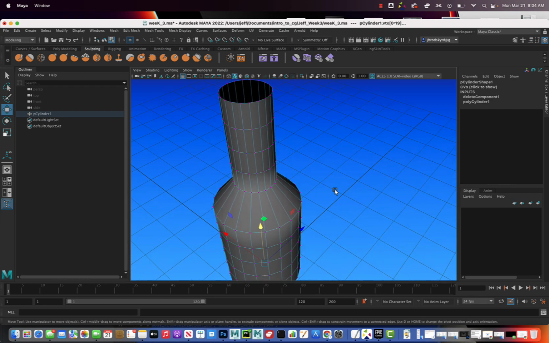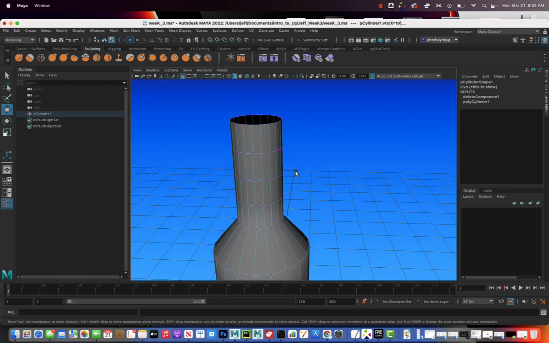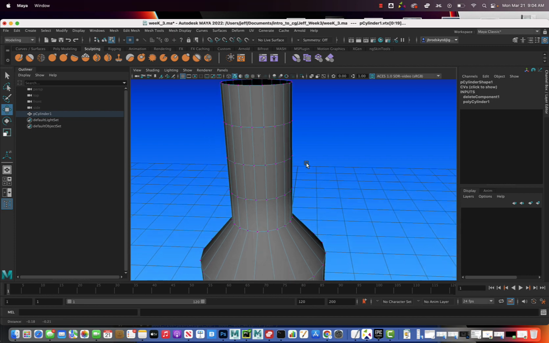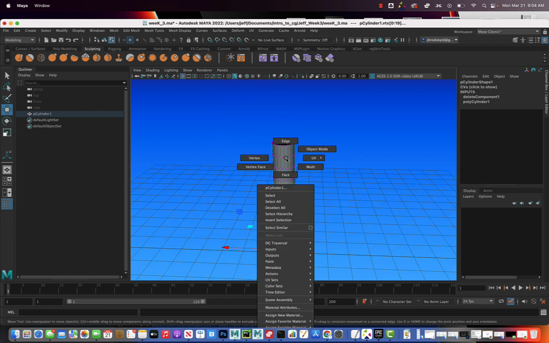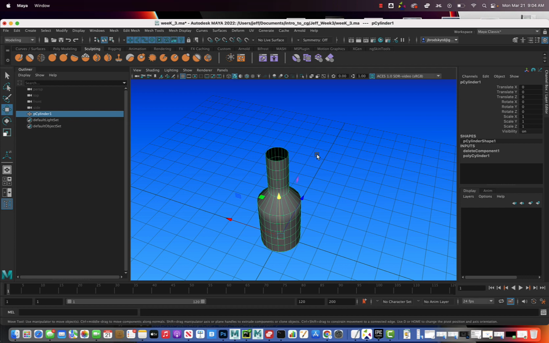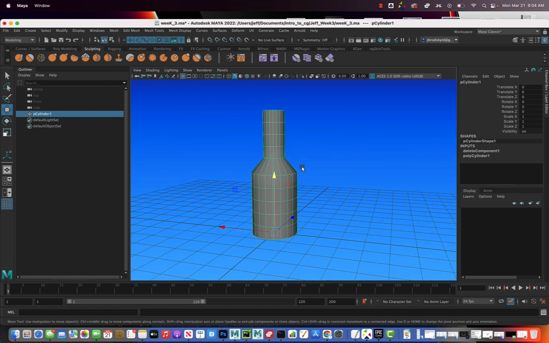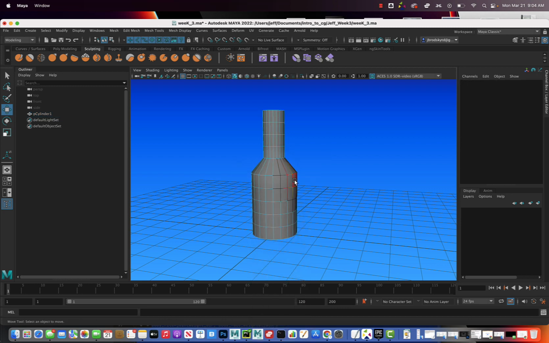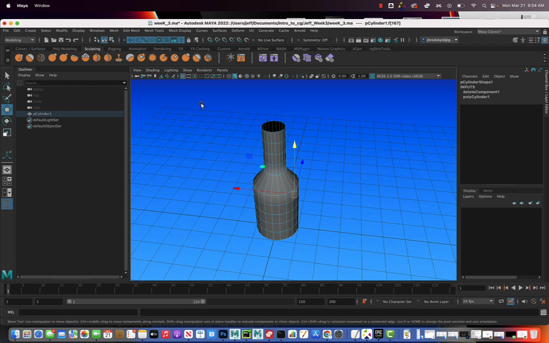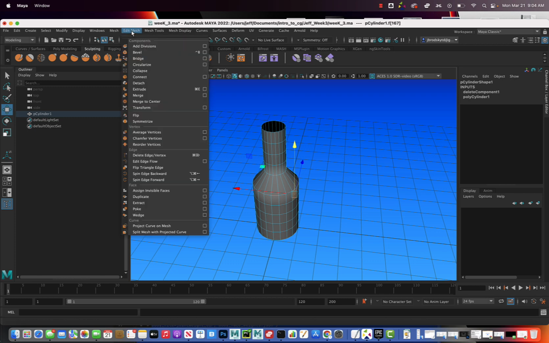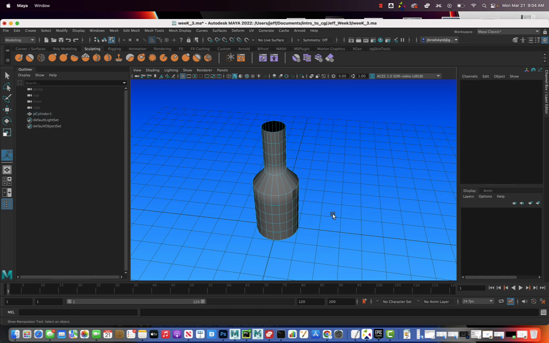And then we want to add some thickness to this guy. So let's do that. The way you do that is you go back to object mode, and we're going to use the extrude tool. Now, and later we'll do this on the mug, you could select a face or a couple faces. I'm going to turn off my soft selection by tapping the B key just once. Turns that off. If I go to edit mesh and then go down to extrude, I could just pull this face out and